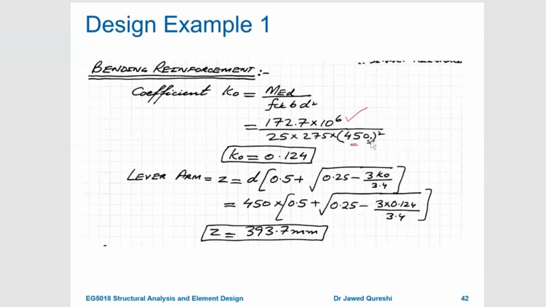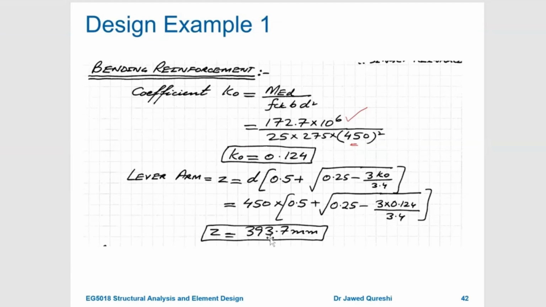Okay, this is not the overall height of the section. Again, do not confuse the overall height of the section with D. D is the distance from the center of tension reinforcement to the top fiber. And we find out K after that. And then we have to find out this lever arm. So Z is equal to D times the bracket with 0.5 and these values. So simply put the value of D and the value of K, then you will be able to find the value of Z, which is